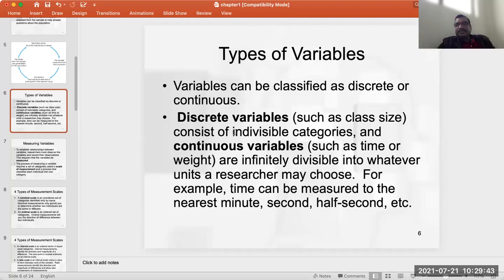Have you heard the term least count? The minimum value of the measurement that can be effectively or accurately measured by an instrument is known as the least count. So there are so many limitations you are going to face when you do research.